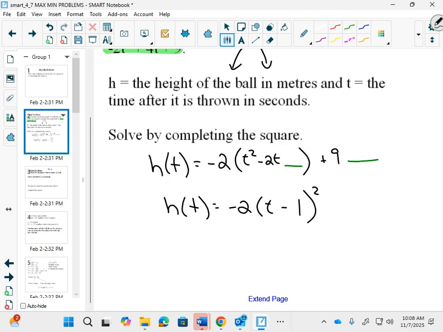What would have to be in the first space? A +1. What would have to be in the second space to compensate? -2. Close. +2. Because by putting that +1 there, we've actually subtracted 2. So to compensate, we're going to have to add 2,